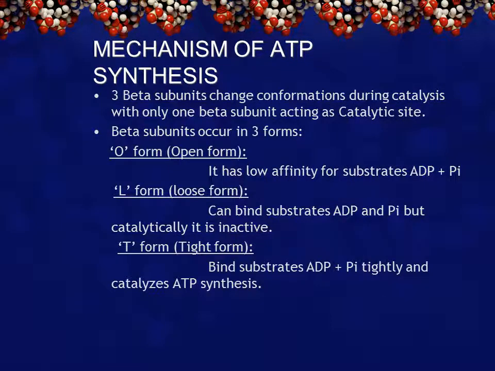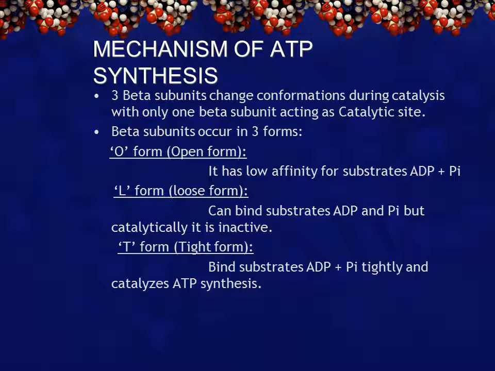So here is the mechanism of ATP synthesis. The three beta subunits change conformations during catalysis, with only one beta subunit acting as the catalytic site. So the beta subunit occurs in three forms. The open form has low affinity for substrates, ADP and phosphate. The L form, the loose form, can bind substrates, ADP and phosphate, but catalytically it is inactive. The T form, the tight form, binds substrates, ADP and phosphate, tightly and